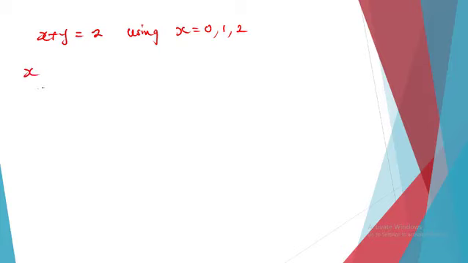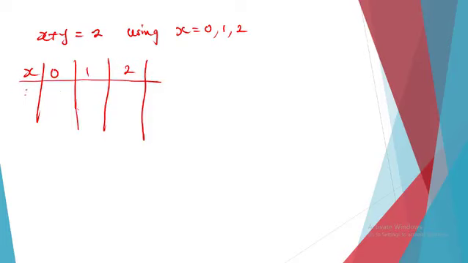So we have x, and then we'll have 0, we'll have 1, and then we'll have 2. Okay, these are the values of x, and then we'll have y. Okay, so when x is 0, what is y? How do we obtain that? We first of all